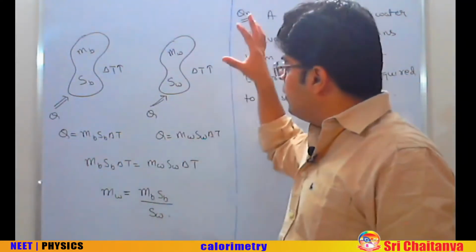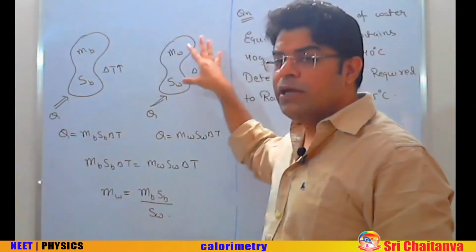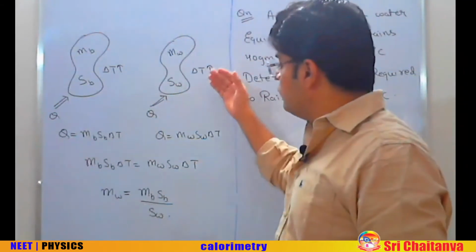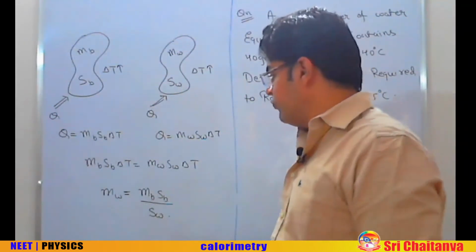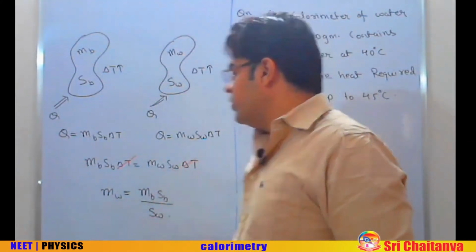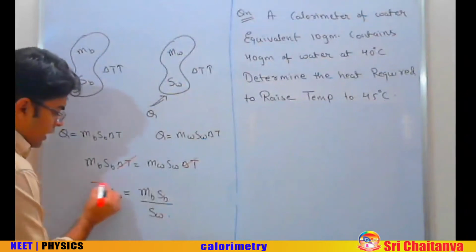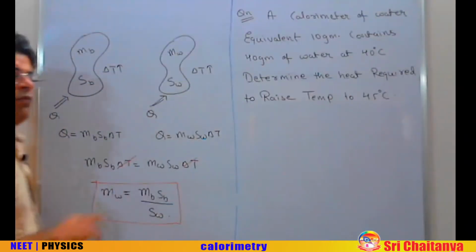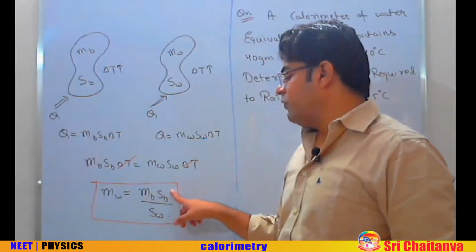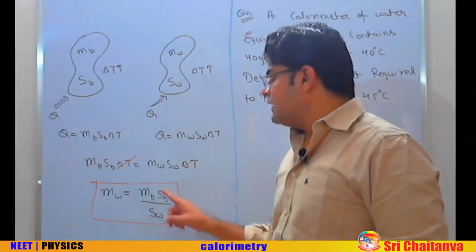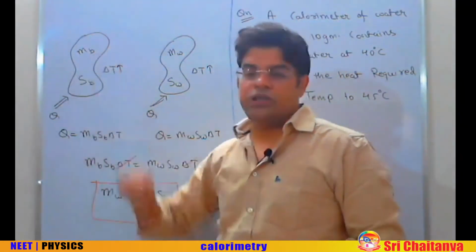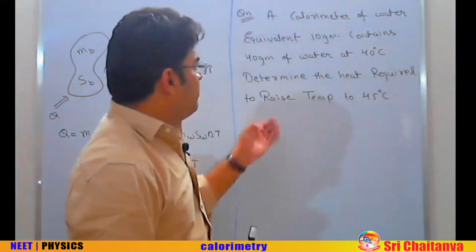Similarly, for some mass of water to be its water equivalent, for the same heat input, it should also show the same rise in temperature. So for water as well, I can write the same equation. Equating heat on both sides and cancelling out delta T, we can say that the water equivalent of a body, or the mass of water that should be placed, is nothing but mass of body into specific heat of body upon the specific heat of water. Notice that this numerator part, mass of body into specific heat of body, is nothing but the heat capacity of this body.